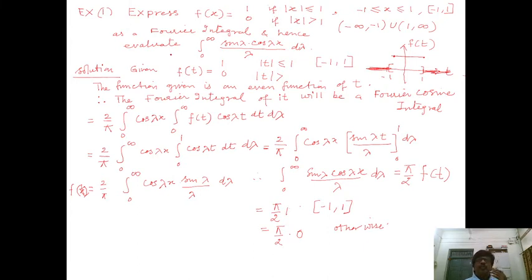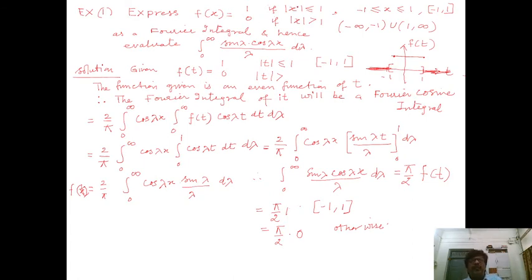Any function satisfying well defined and Dirichlet conditions can be expressed in the form of a Fourier integral. I have told you in the very first lecture, it is the continuous analog of Fourier series. Fourier series is meant for periodic functions satisfying Dirichlet conditions. So this is an advanced version.